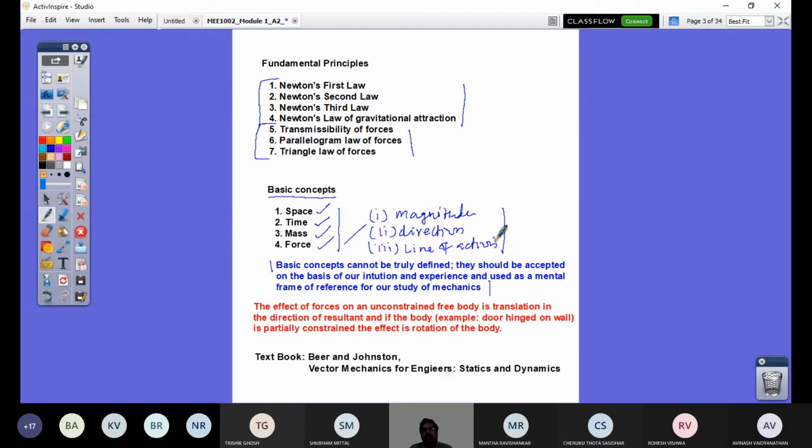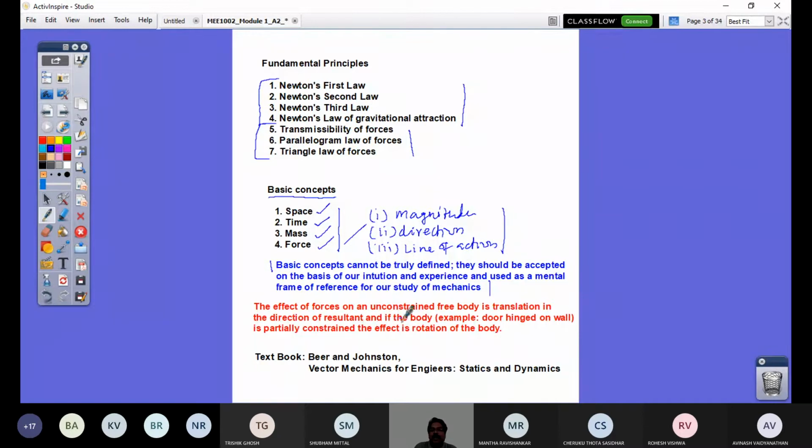For example, I have to pull a heavy vehicle. I have a rope attached to the front bumper and I pull. The rope is exactly the line of action. So the force pulling the vehicle is along the rope. The tension is the force there. The force has some magnitude, say 100 Newton or 200 Newton. That is the magnitude. Direction is whether the force is acting in the horizontal direction or at an angle. Like that, you say it is a direction. And this is how force is characterized, and it is vectorially represented, and it is a vector quantity. So you'll see that in our problem solving time.